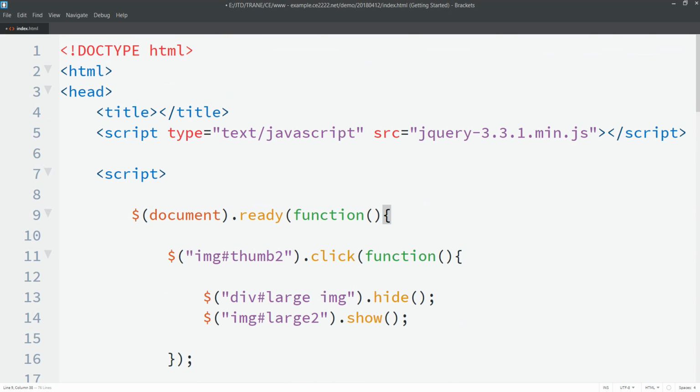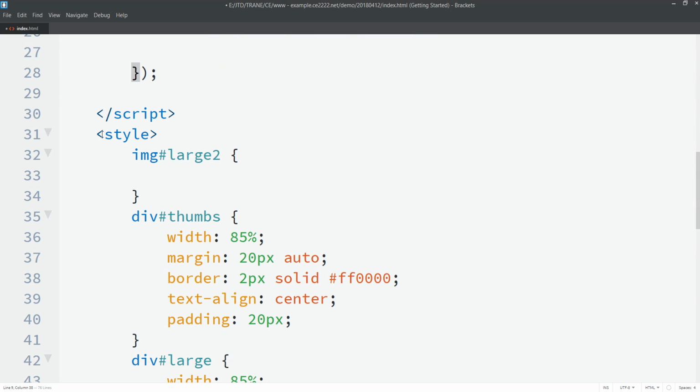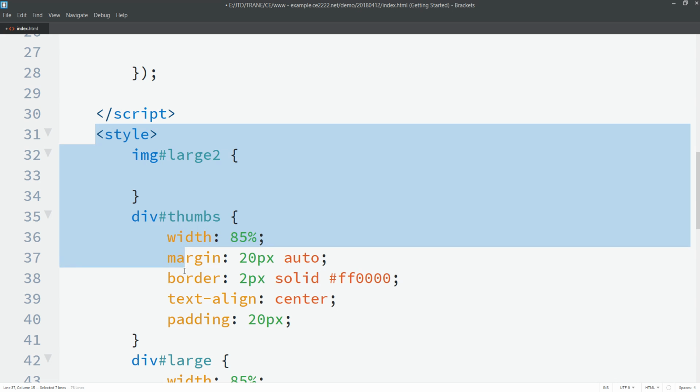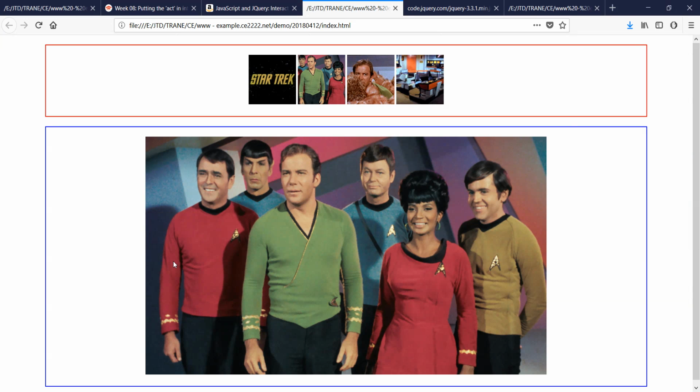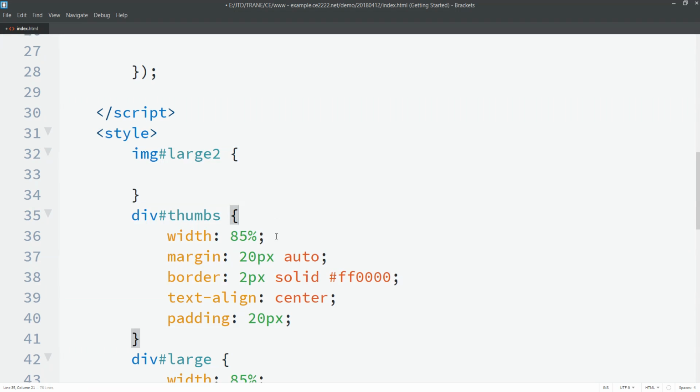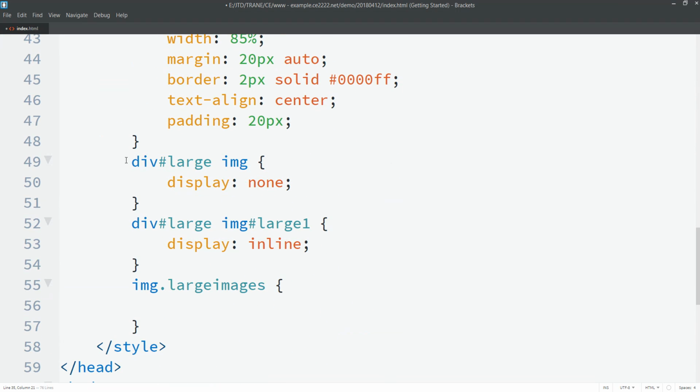Sorry, you're talking about... you must have to have it because you need to give hashtag large in there, so you have to have that style. Yeah, the style helps us to, well, one, it's helping us to stylize this a little bit. It's just giving us these containers and these borders, which is just for our own visual benefit. But for the most part, we have to have a little bit of CSS in here